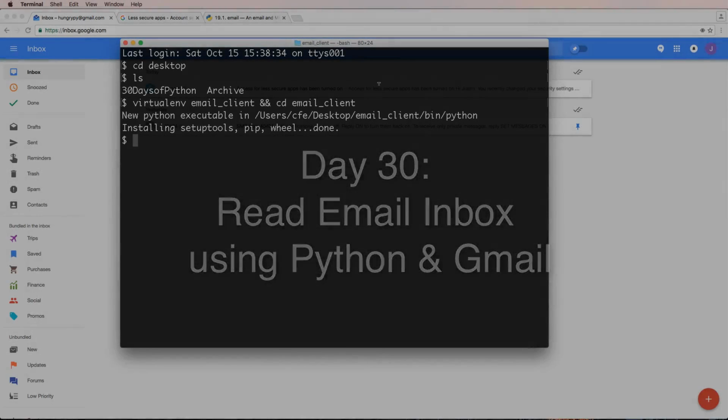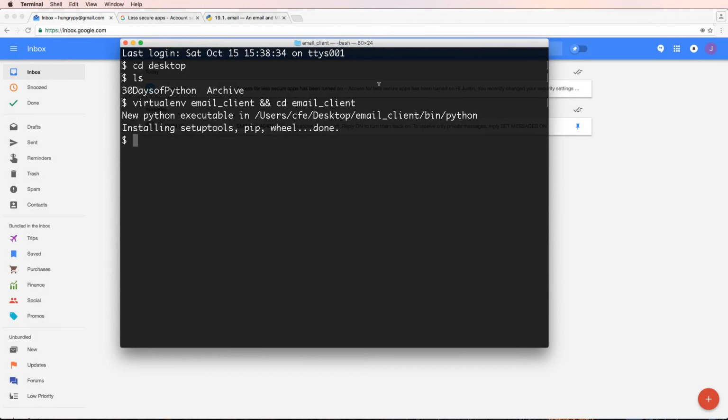Welcome to day 30. In this day, what we're going to be doing is we're going to make our own sort of email client. Really, what we're going to do is open emails so we can actually read and see them. We figured out how to send them, but we haven't been able to see how to read and see them. Now, this is not going to be a full client. It's not going to replace anything. It's more of just to show you generally how to actually connect to your email inbox and get the data